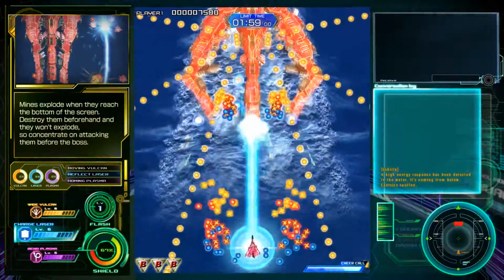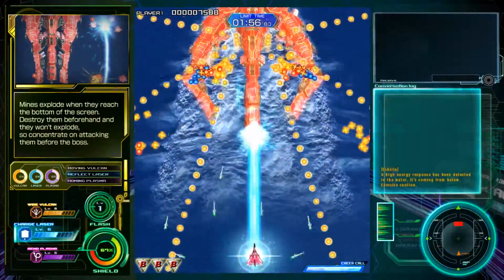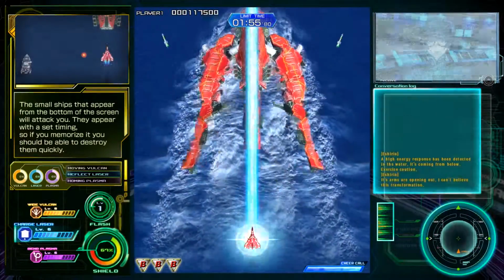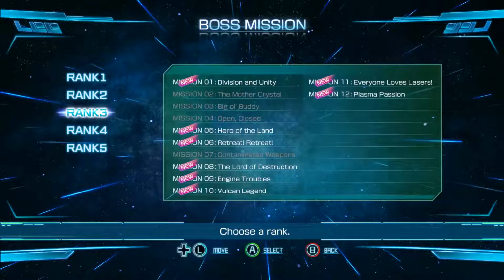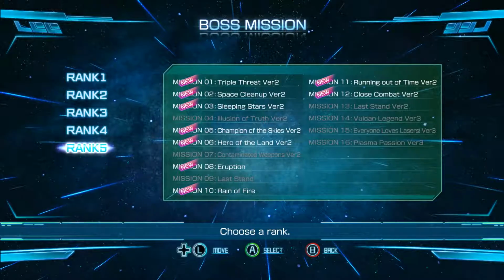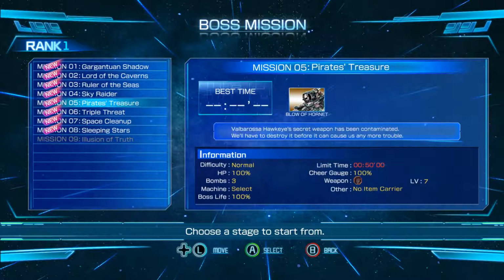The boss mission mode is where you can take on the game's bosses. You should play this mode after you beat the story because you can only play certain missions after engaging certain bosses in the story. Boss mission contains multiple ranks which consist of multiple missions. Each mission has its own defined set of parameters. You'll have to defeat bosses within a time limit, you'll be provided specific weapons, you'll have to battle on a